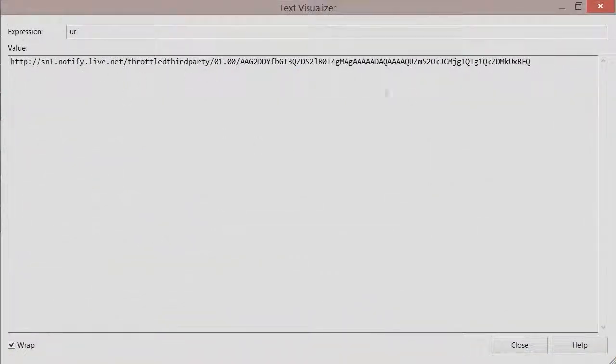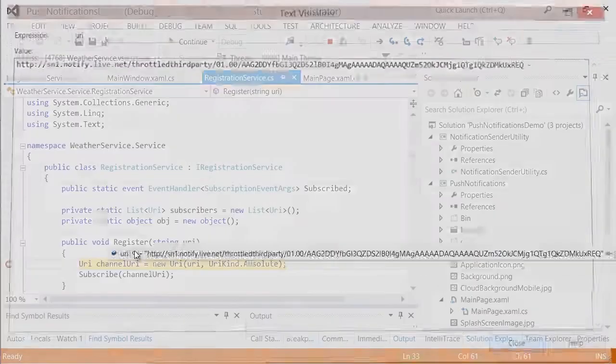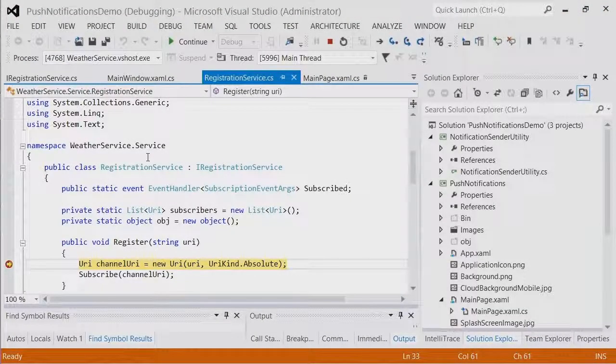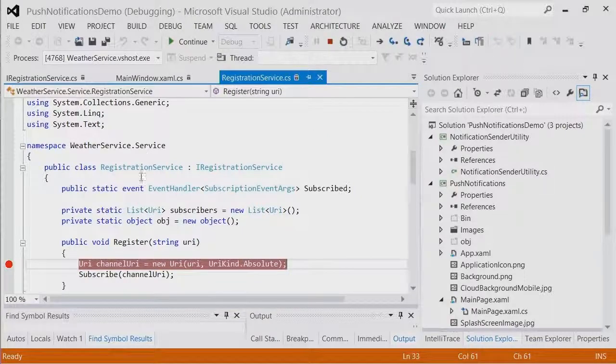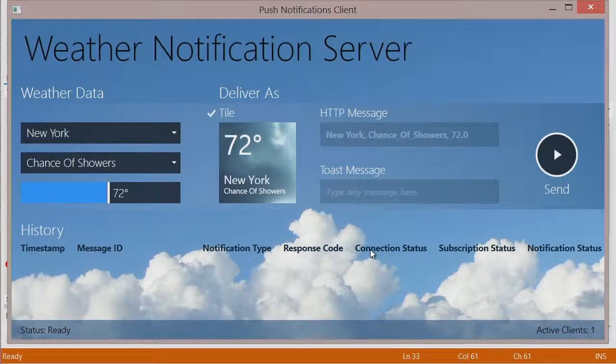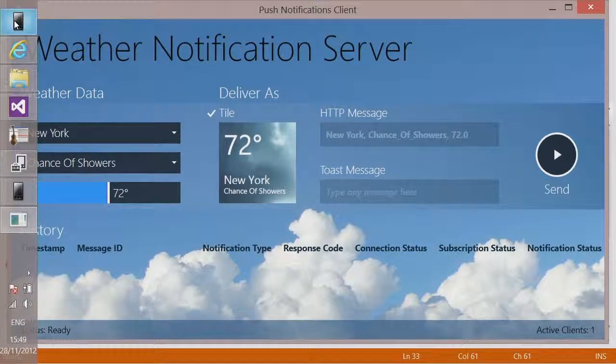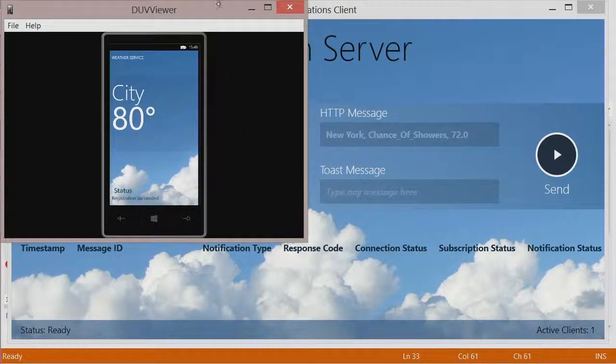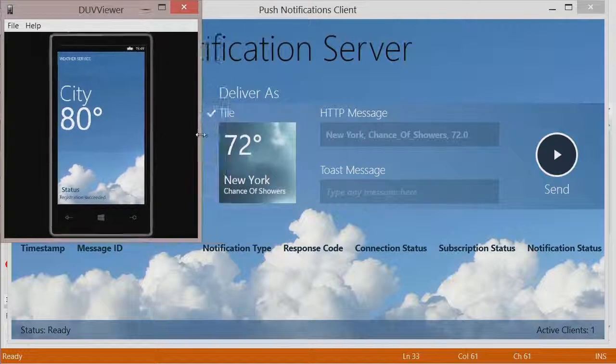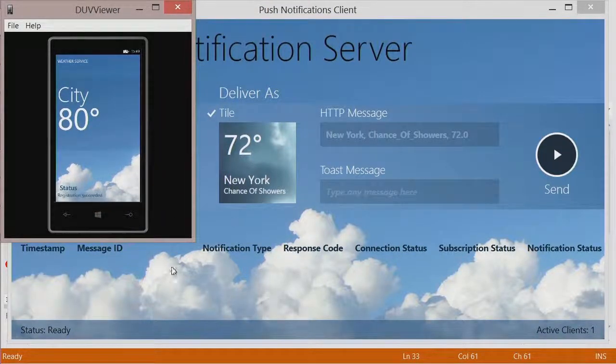That is a push notifications URI. You can see this whole long throttle third party there. So we send that through, and it's going to be registered. And now we have got a connection. So let's just bring this guy up again so you can see. So there's our device on the left there,